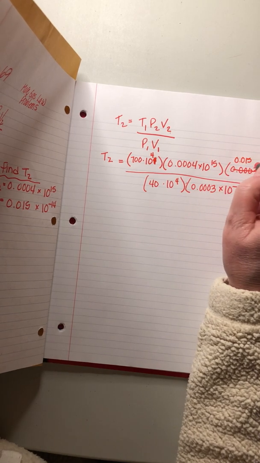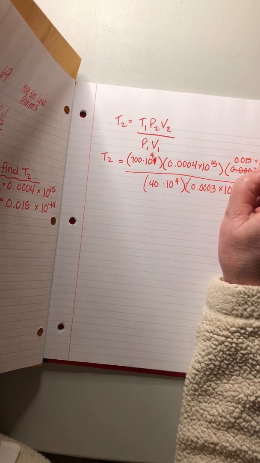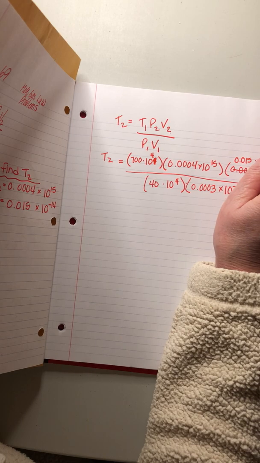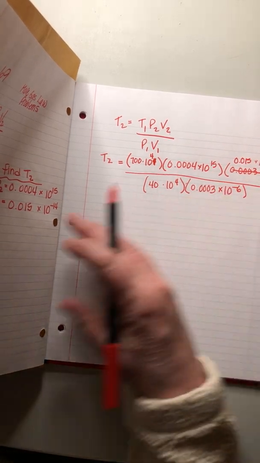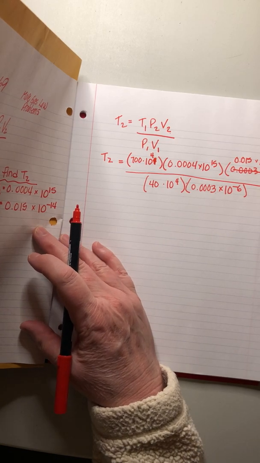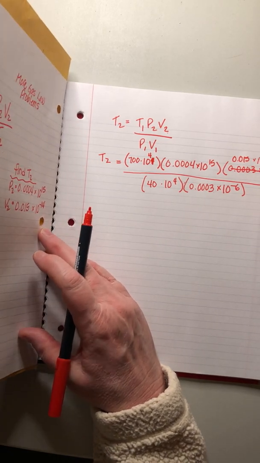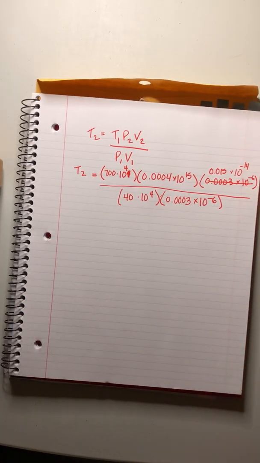0.015 times 10 to the minus 14. Oh yeah, see, I had that one twice. That's another way that you know you've screwed it up, is that you should use each of the values John gave you once and only once. Okay, I think I'm back on track now. Copying error, forgive me. Now what we need to do is we need to fix each one of these so